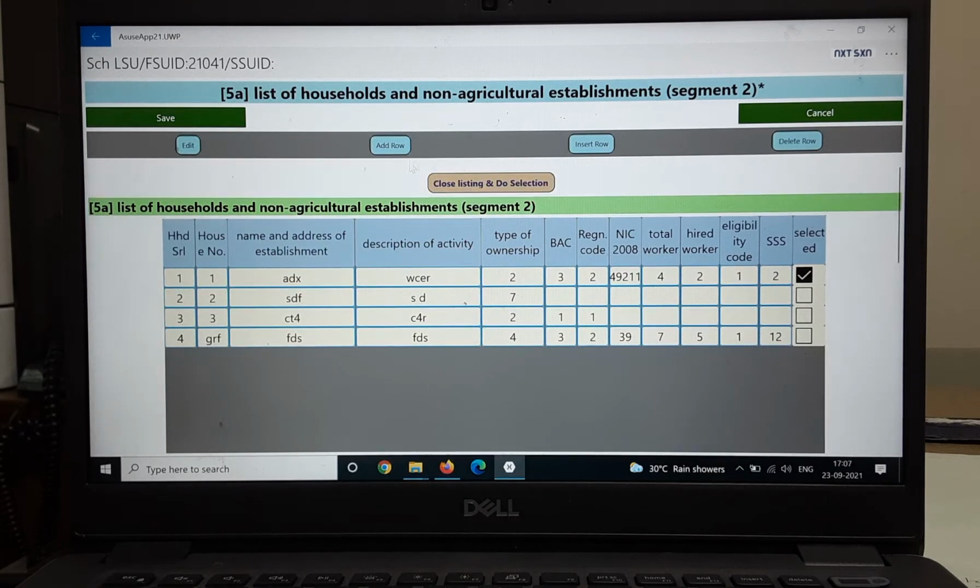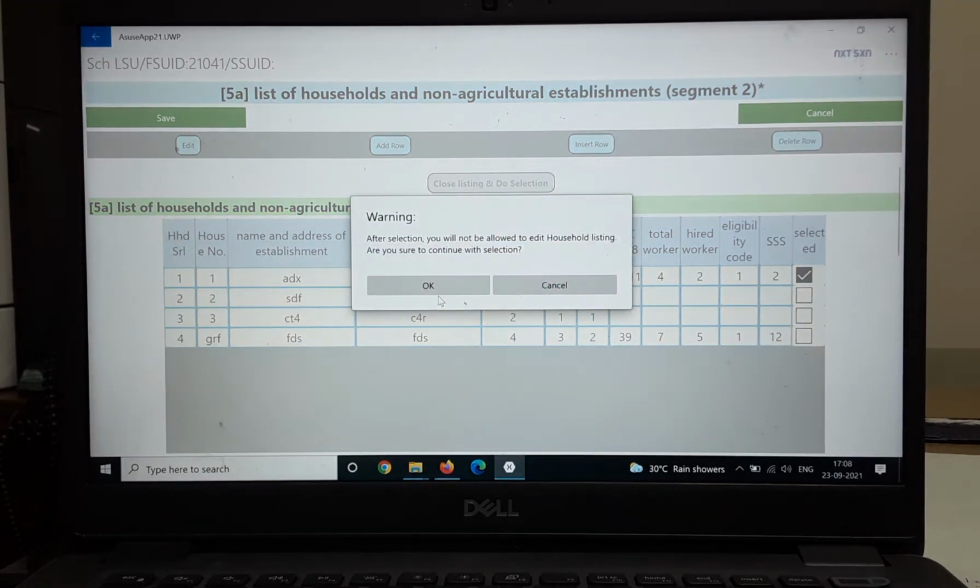This will close the listing part. Once I click on this button, my entire listing work will be frozen and I will not be able to edit it any further. Also, there are a number of checks that have been embedded in this package, so as to check the shortfall or compensation rules. If there is any failure on that part, a message will be reflected.